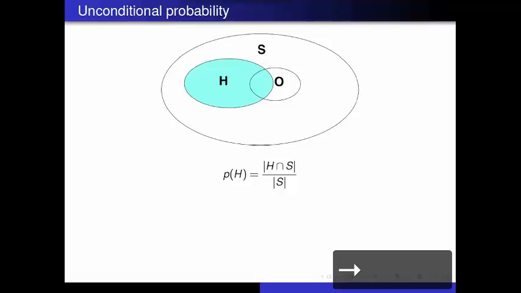So using the language of Venn diagrams, we can define a probability. Let's say out of some total set of all possible events, which I'm going to call a set S, maybe we're interested in some particular subset of events that I'm going to call H. And so we would define the probability of H as basically being the size of,